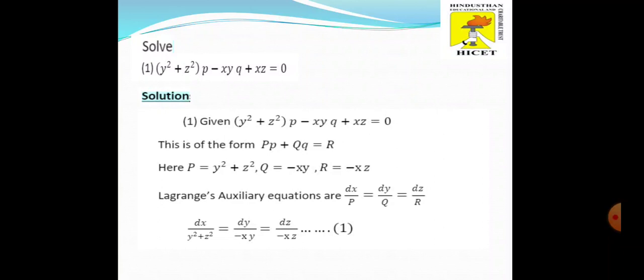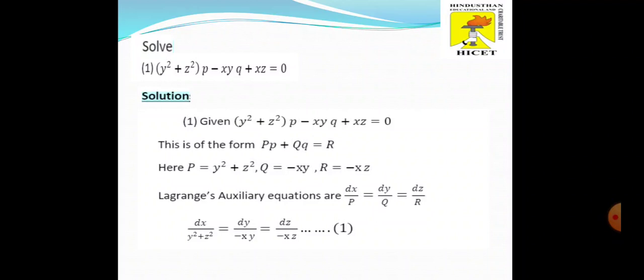So this is of the form Pp plus Qq is equal to R, where P is y square plus z square, Q is minus xy and R is minus xz. Now the auxiliary equations are dx by P is equal to dy by Q is equal to dz by R, that is dx by (y square plus z square) is equal to dy by minus xy is equal to dz